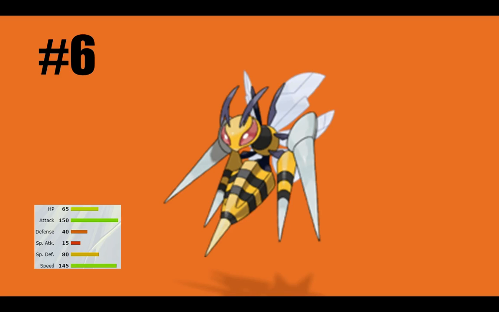Although Mega Beedrill does have some very weak defenses, it can probably only take one hit, maybe 2 hits if you're lucky, but hopefully you don't even have to take a hit and you can just knock out your opponent's Pokemon right away. So on to number 5, we have Mega